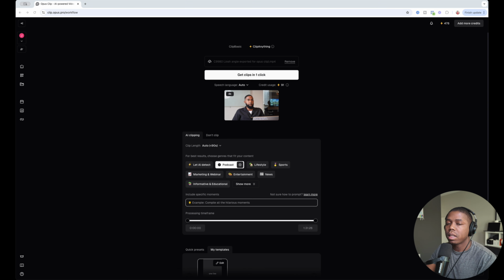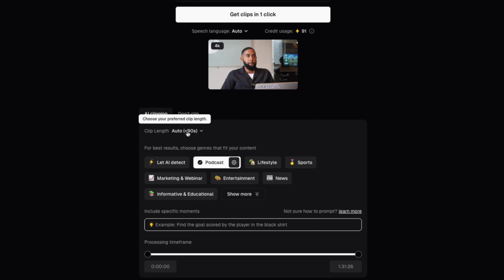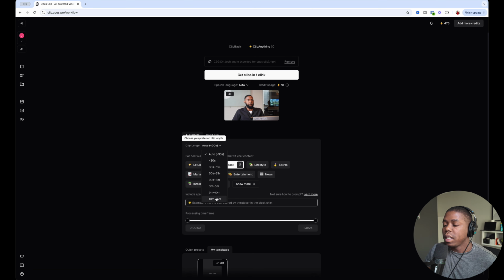So now we can adjust some of the settings so that we get the best results with Opus Clip. First we can adjust the clip length. Not only can you do short form with less than 30 seconds, less than 90 seconds, you can also do clips of 3 minutes, 5 minutes, all the way up to 15 minutes if you want. This video is about an hour long, so we could pull some clips in that few minute range for YouTube videos